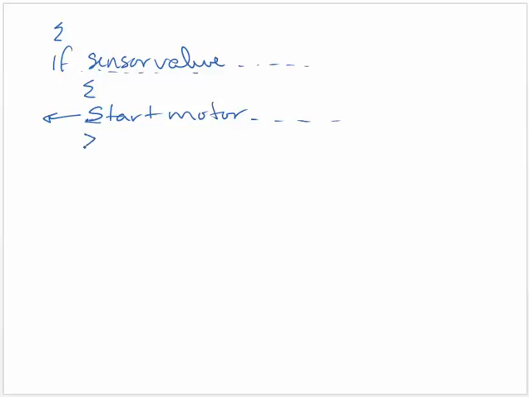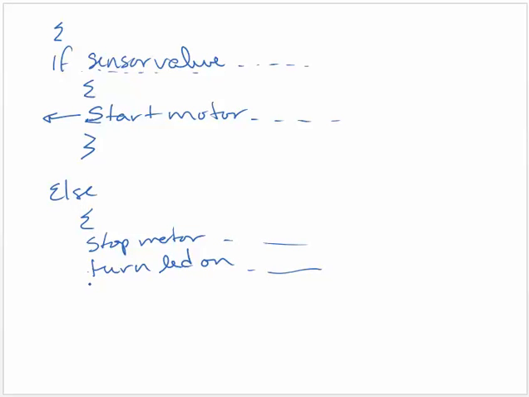And then I'd have my right bracket there, so I have my left bracket, my right bracket, and I might have my else here, and else no command here, and I have my left bracket, and then I might say stop motor, turn LED on, yada yada yada, and I've got my right bracket here. But what I want you to see here is I've got these rows now, where we're starting to have a program, one after another. There we go. If I embedded something in this else statement,